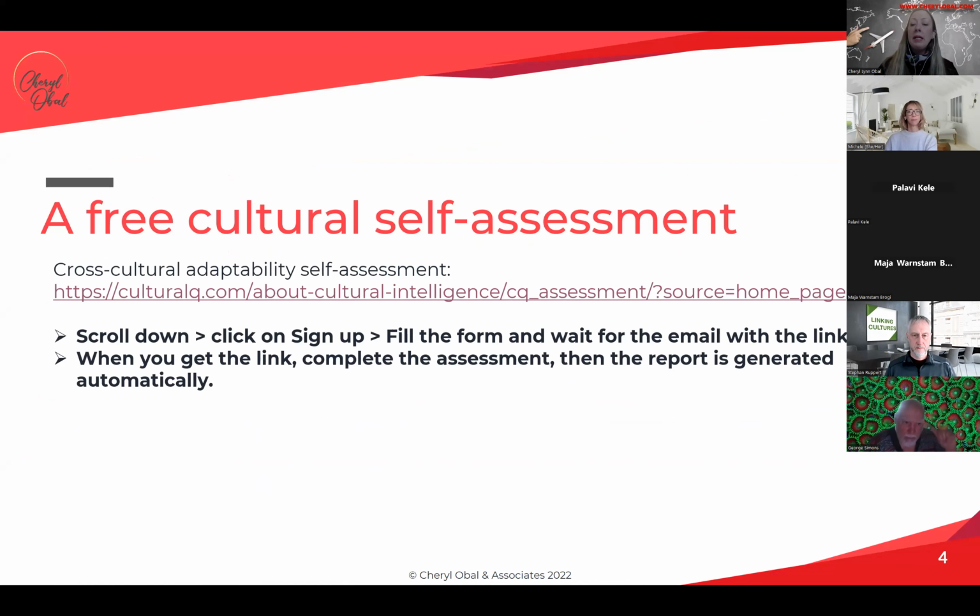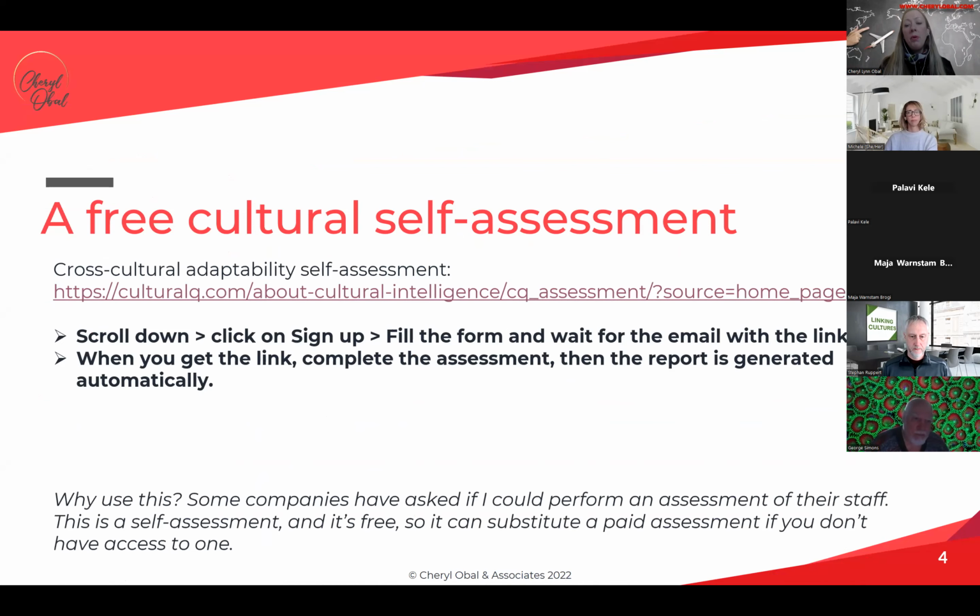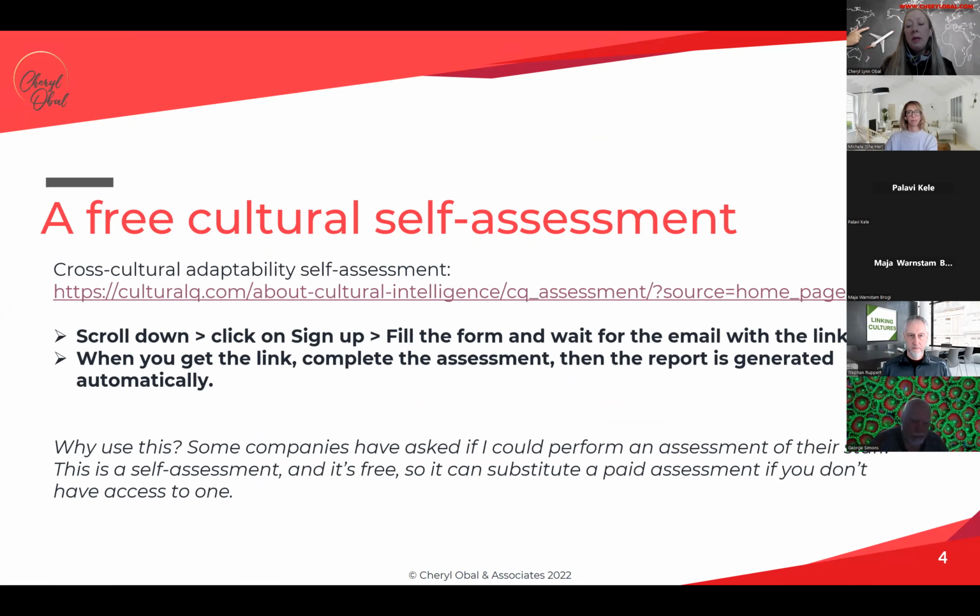So that whole process, I would leave at least a week, although it can take only 2 days for the whole thing. But just in case, you want to leave people at least a week and give them a deadline: please do this by this date, so that you're sure that when they come to you for the training, their report has already been generated. You can spend some time discussing it. It's a good starting point for a training. Even if they don't do it by the start of the training, it's not the end of the world. You could also do it by the second or third session.